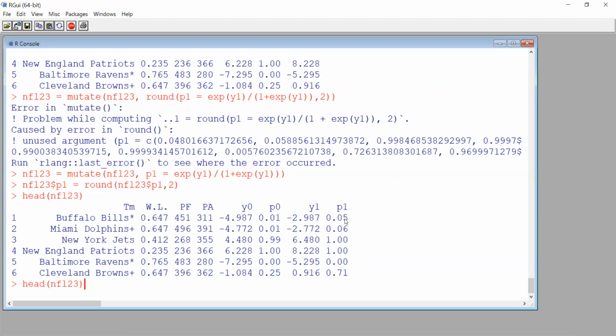Sorry, I had a quick question. Does that mean that the Jets' chance of only making it to the wild card and nothing farther is 100%? If yes, their value is 1? Yeah. And the same thing for the Patriots? Patriots are gone, they're certainly not even making it to, yeah, right. So it's implying if they made it to the playoffs, there's a 100% chance this is the farthest they'd go.